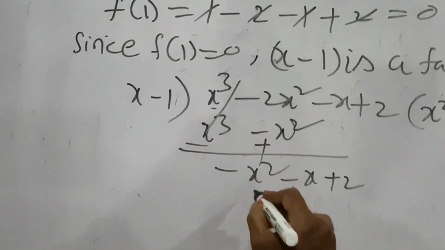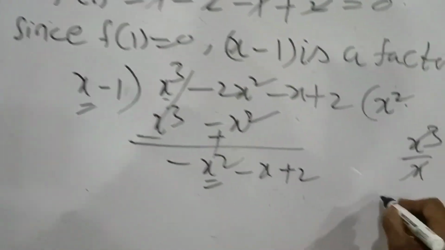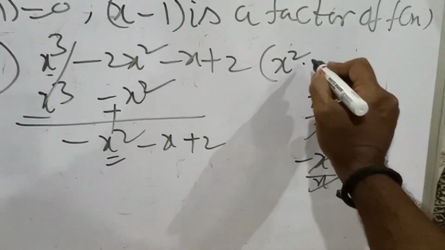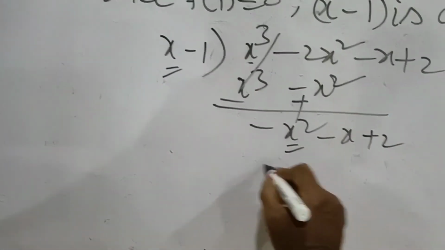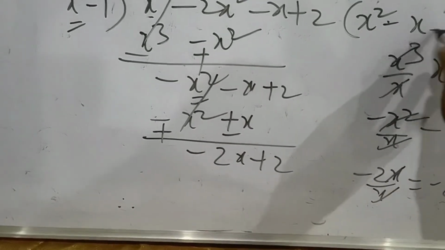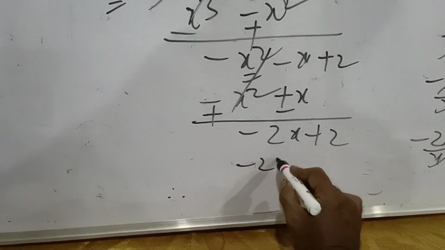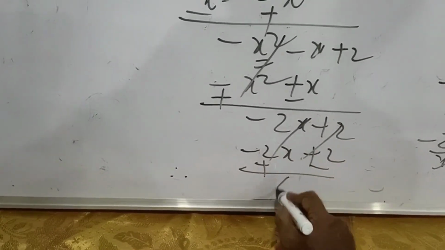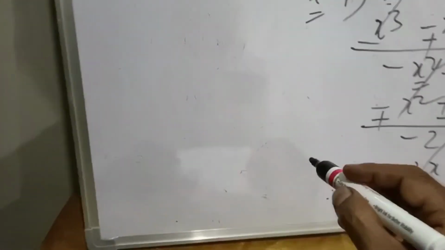Again first term of the dividend by first term of the divisor, minus x square by x is equal to minus x. Minus x into x minus 1 gives minus x square plus x. Subtracting, minus 2x plus 2. Minus 2x by x is minus 2. Minus 2 into x minus 1 gives minus 2x plus 2. Minus 2x cancels, plus 2 minus 2 cancels, 0. Therefore,